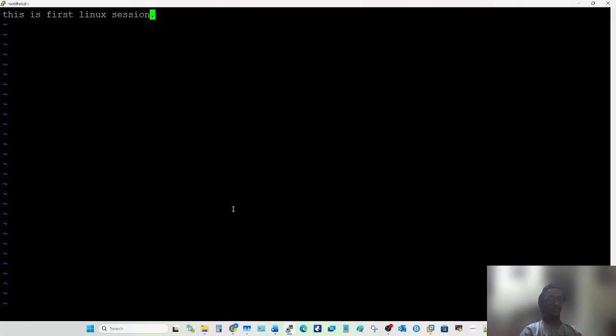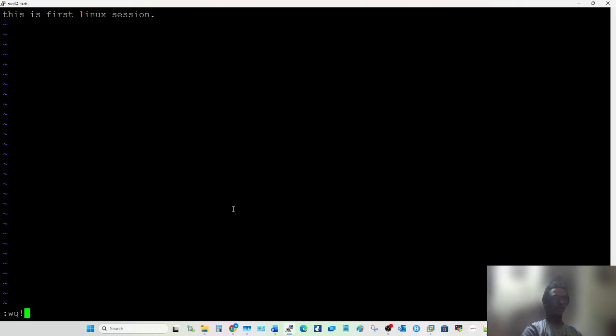Now to save this file, you need to press colon, which is shift and colon, and then wq, which means write and quit. Write means you save the changes whatever you have written in the file, and quit means you come out of the file. And the exclamation mark forces the exit.